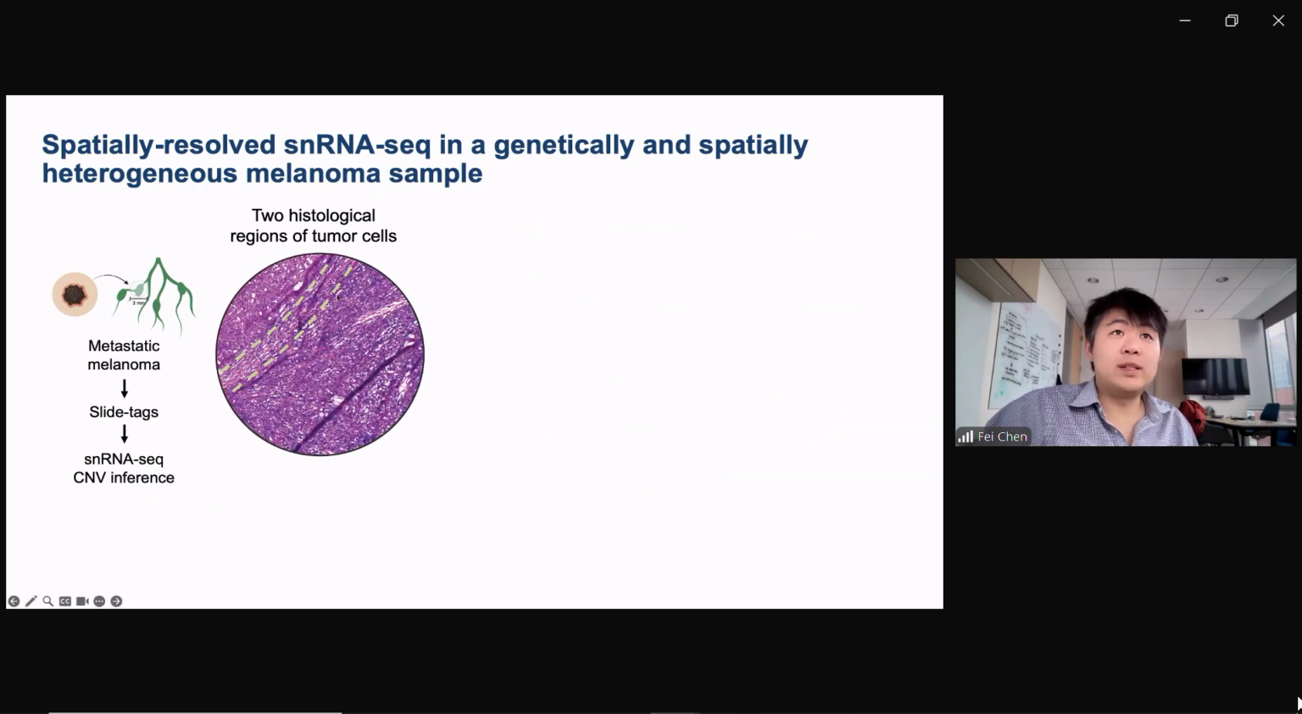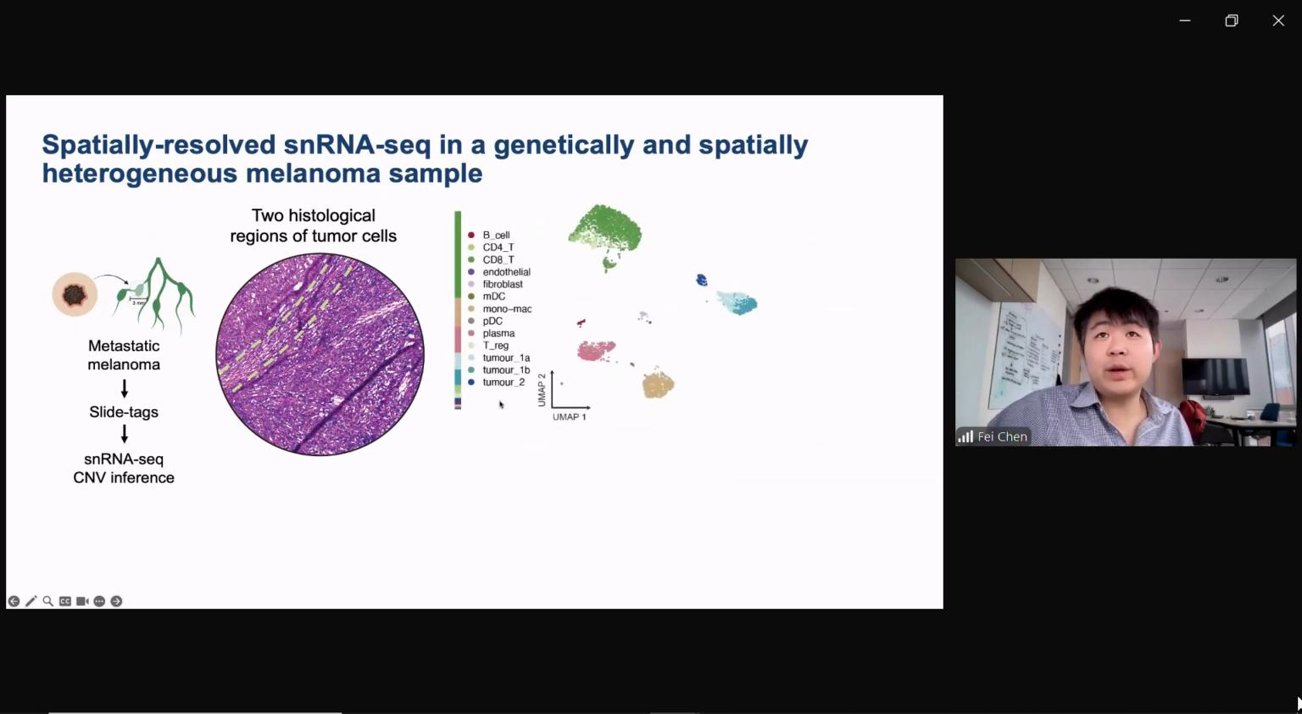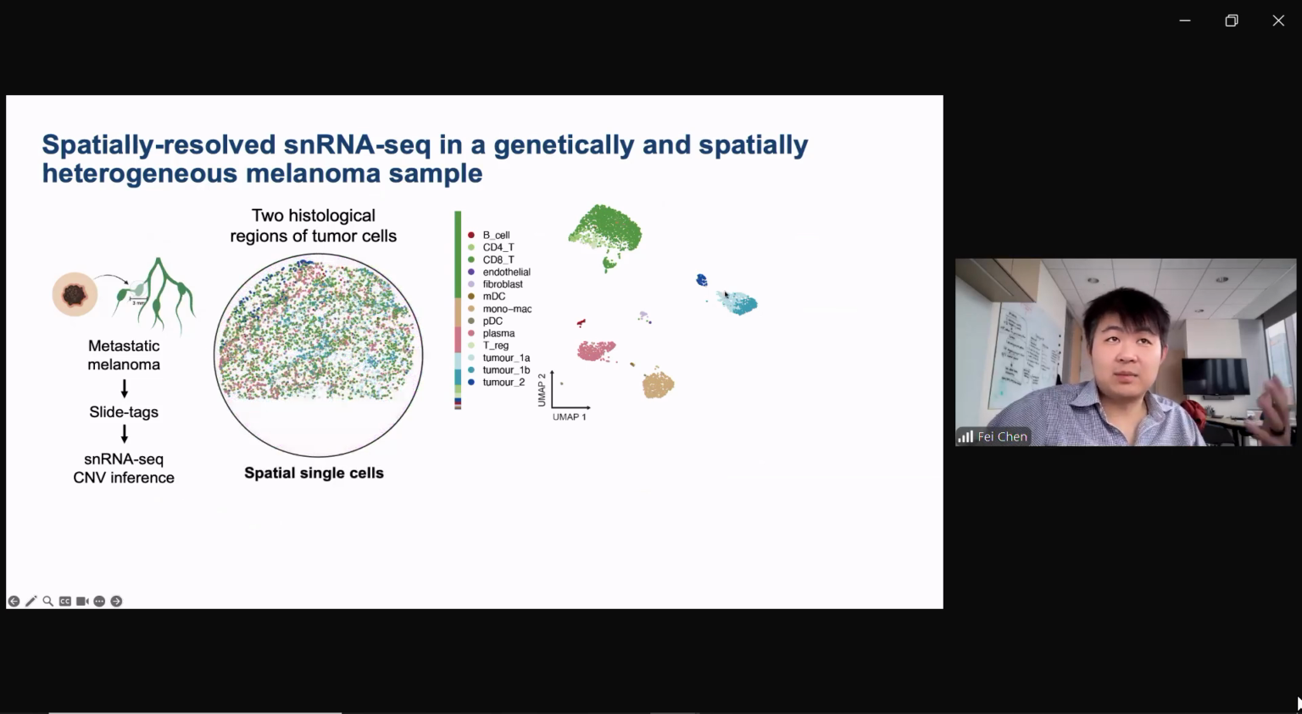In this sample, we see that the H&E revealed two distinct histological regions. It's separated here by this dotted green line. There's a fibrous stroma that's separating two tumor regions. And when we apply Slide-tags to it, you can see that we recover quite diverse cell types and states, including many diverse stromal cells and immune cell compartments, as well as some diversity in the tumor cell compartment. These three distinct clusters, we can map back into space, into the spatial organization of these cells